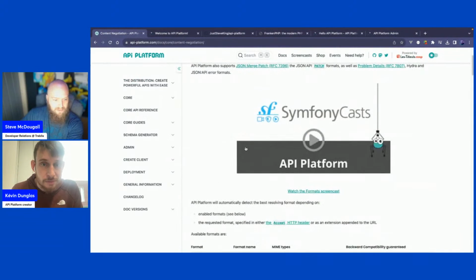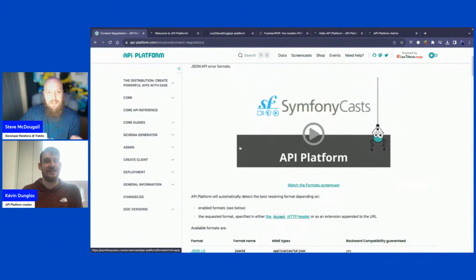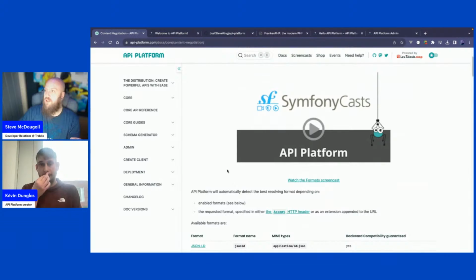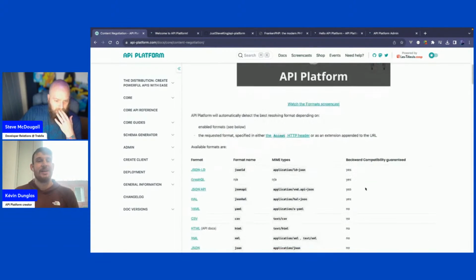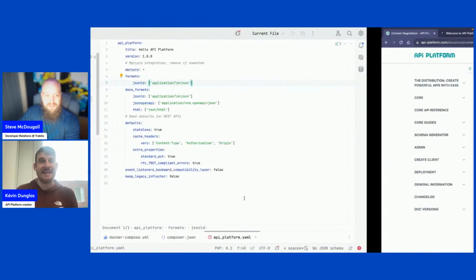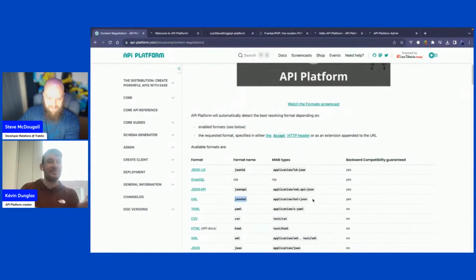Yes, configuring formats. So it's nice that you've got lots of content on SymfonyCasts as well, because what I find really useful is documentation gets you the majority of the way there. Playing with it yourself gets you almost there as well, but having those videos to back up and reinforce that learning really helps fully understand. Ryan Weaver is doing a very, very great job with the screencast, and basically when he's recording a screencast, you can expect a lot of pull requests to fix a lot of things. So it's a very, very good job.